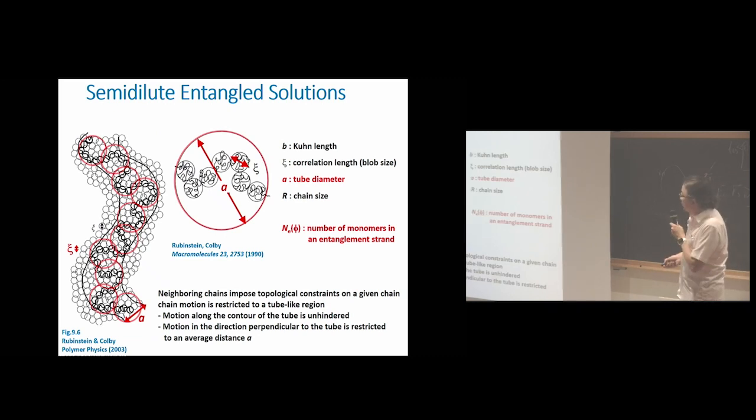Okay, so then we go to the semi-dilute entangled solutions. The situation is getting more complex. You have already been taught that there is the tube diameter of entanglement in polymer solutions and melts when entangled. So this is the schematic. The small circles are in fact correlation blobs. It's always space filling. And for a given chain here, I emphasize here,